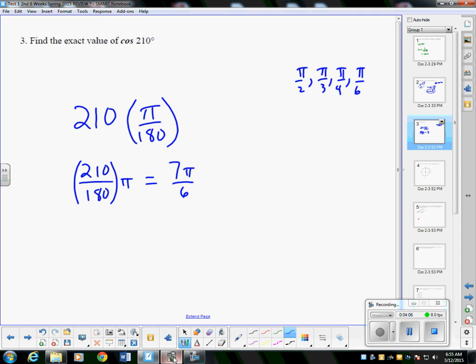So if you'll remember, with the hand trick, you put your thumb along the positive y-axis and your 3 fingers out, and your pinky is along the positive x-axis. Of course, my hand doesn't look proportional there. The pi over 6 finger